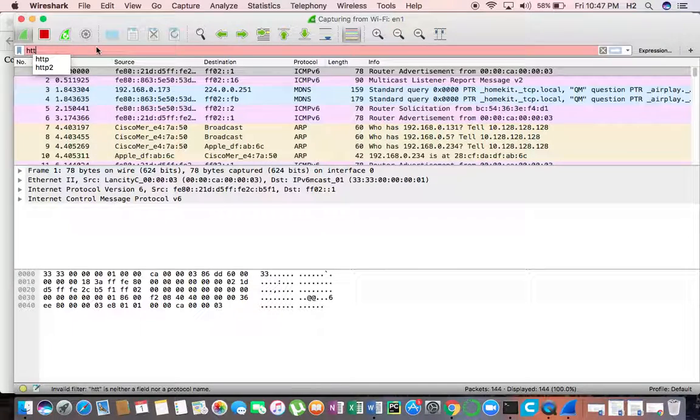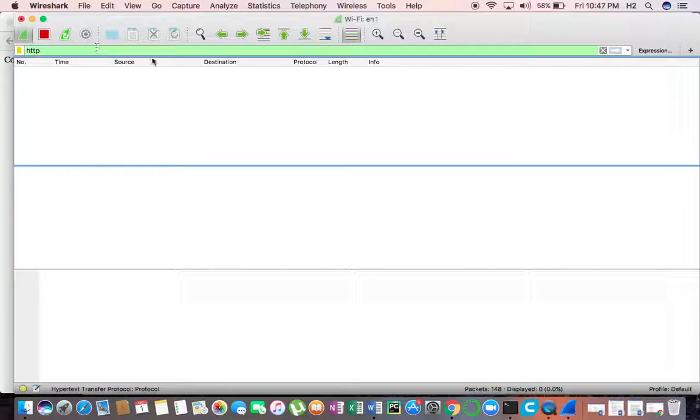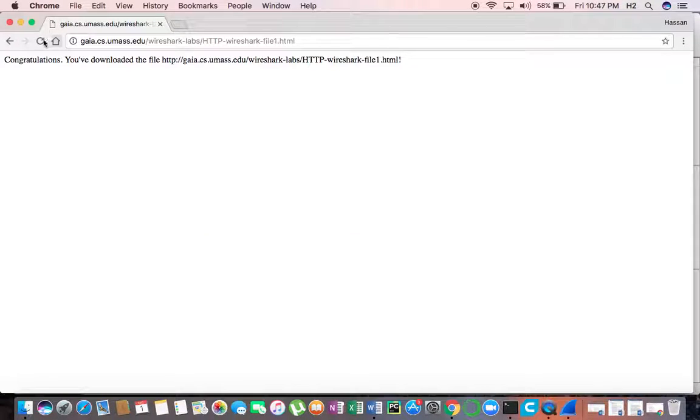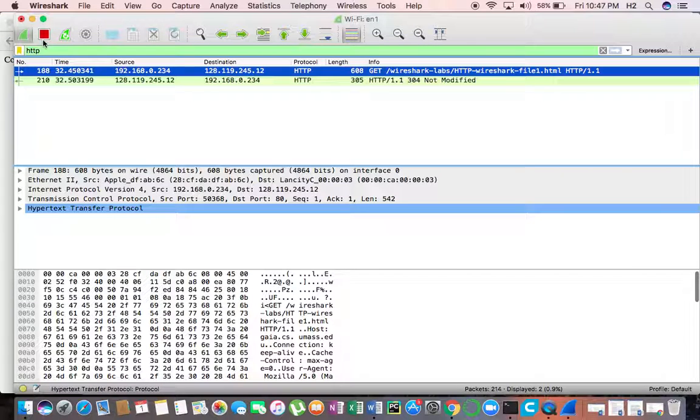We have to apply the HTTP filter right here. Didn't quite get it yet, probably wasn't done, so just hit refresh. Let's go back to Wireshark, and I got it this time. So, as you can see here,